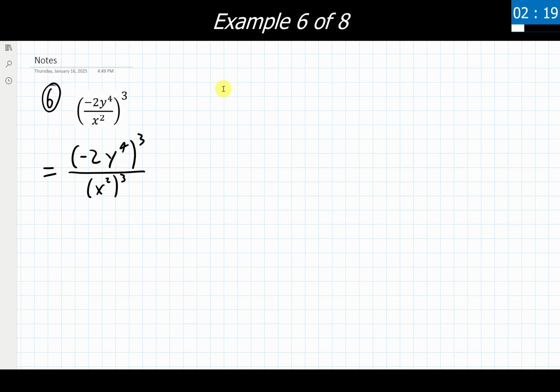Now we could go a step further with this as well and say this numerator is a product to a power now. So I could go a step further with rewriting this and make it even clearer what's happening to each number, variable, and all of that. I'm going to end up having -2 to the 3rd power, and I'm going to have y to the 4th raised to the 3rd power. In the denominator, I have just the power rule showing up. It's already in its kind of simplest form for now, but now I have everything written out in the product to a power. This is just going to be the power rule. I'm getting all of them mixed up.